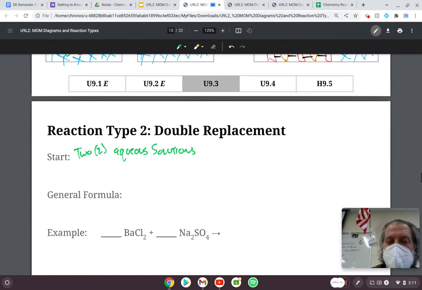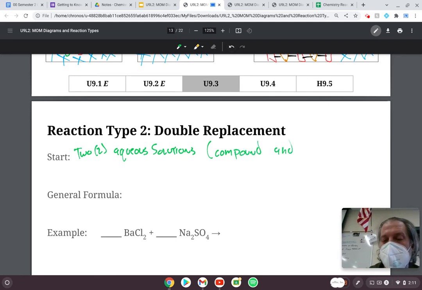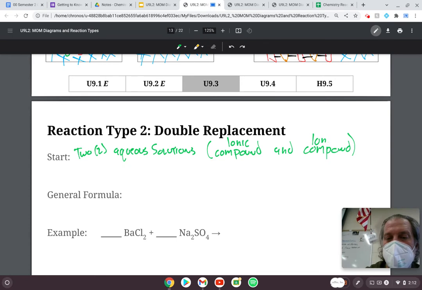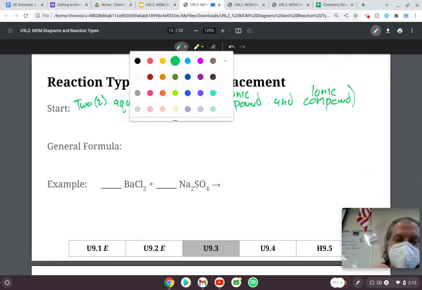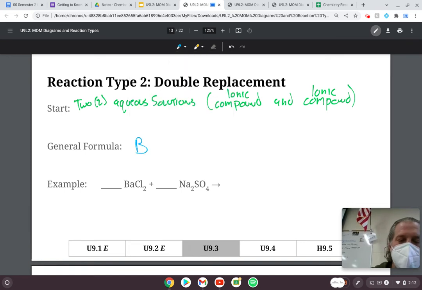Another way to potentially look at it is a compound and a compound. And specifically, the type of compound and compound is an ionic compound and an ionic compound. And if you recall, ionic compounds are made up of metals and nonmetals. So now our general formula here is going to be something like Bx